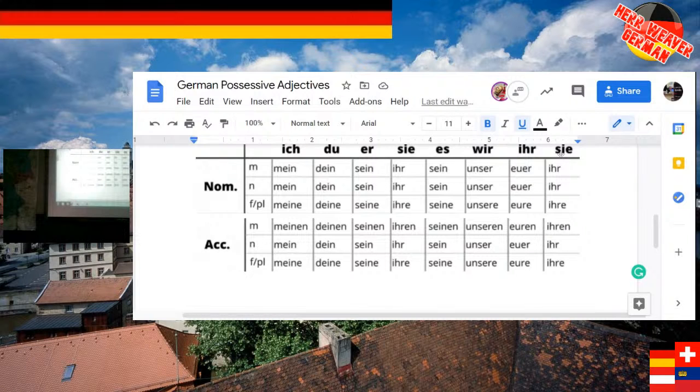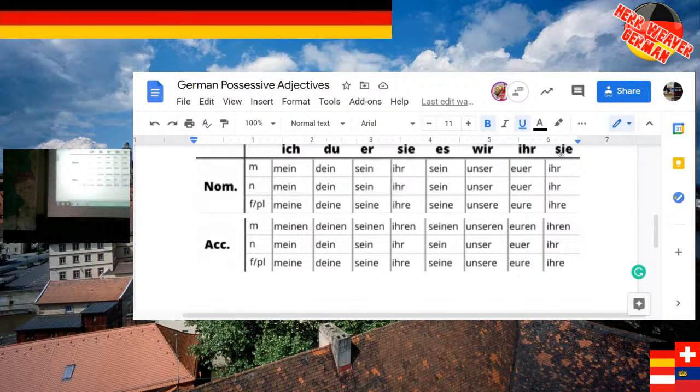Mütter, what's going to be the ending for mine? There could be a pattern here. What about Bruder, plural? Okay, so when I look at this chart over here, in the nominative it says feminine and plural, and what's the ending? What's going to be here?